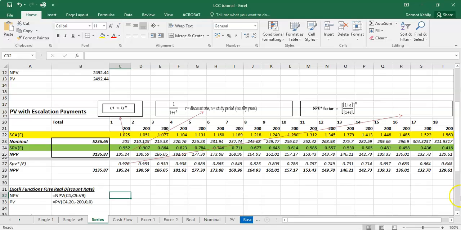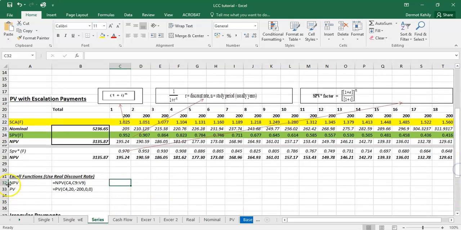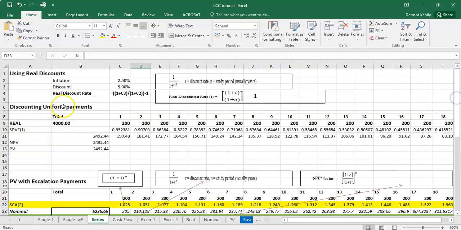This is another way of doing it where I'm just going to use the NPV or PV series of calculations. What I need to do in this case is I need to calculate a real discount rate. So again, I've done this before, and it's not necessarily the difference there, 2.5% between the two. What I need to do is calculate the real discount rate using the real discount rate formula. It equals,